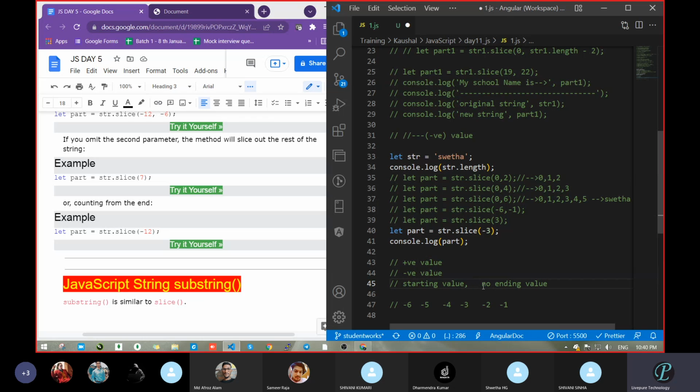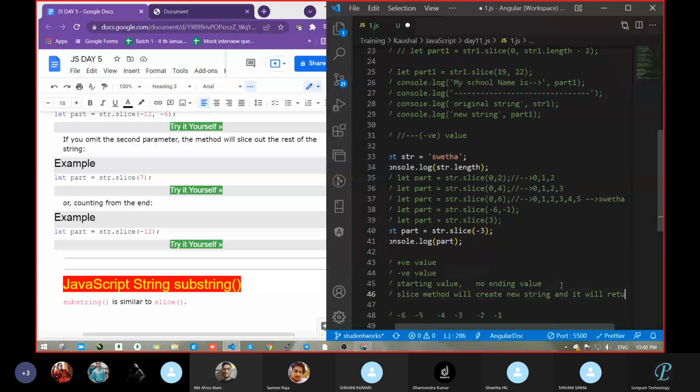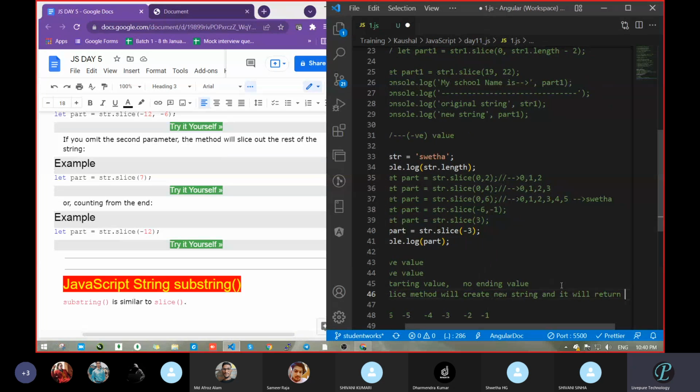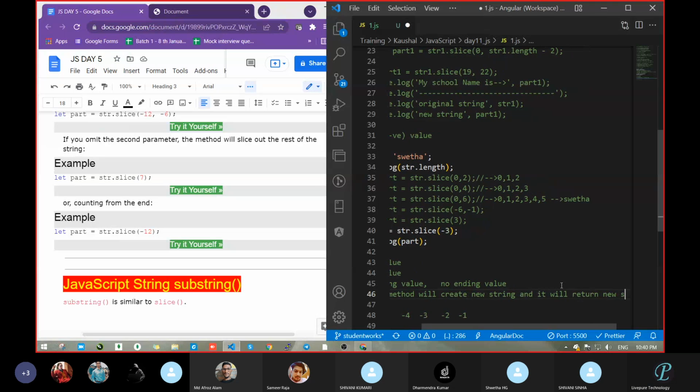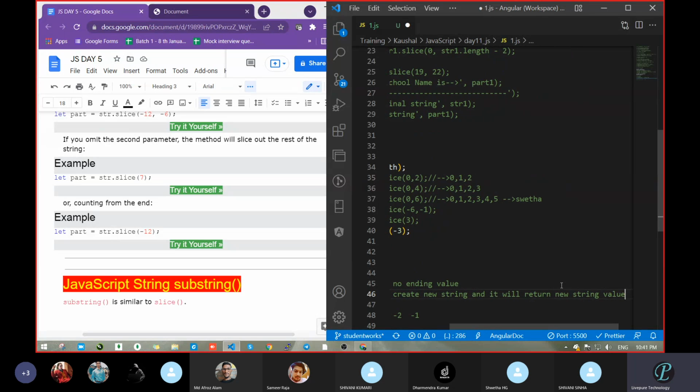So see, keep all these things in mind and write in a notebook. Then only you will get the idea. And one more important thing: the string slice method will create a new string and it will return the new string value.